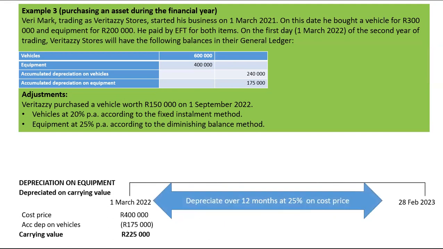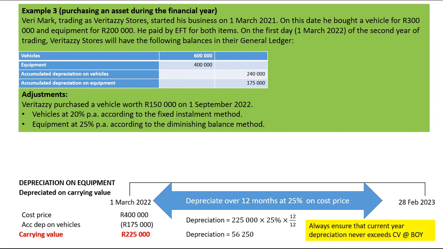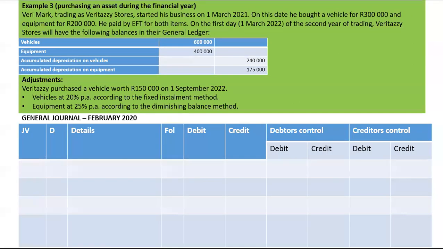So when we depreciate this, we will take 225,000 multiplied by 25%, multiplied by 12 over 12, that'll give us 56,250, which is way below carrying value at the beginning of the year. So there was no need for us to limit it here. Now, to record the entire depreciation, we will debit depreciation and then credit accumulated depreciation on vehicles,